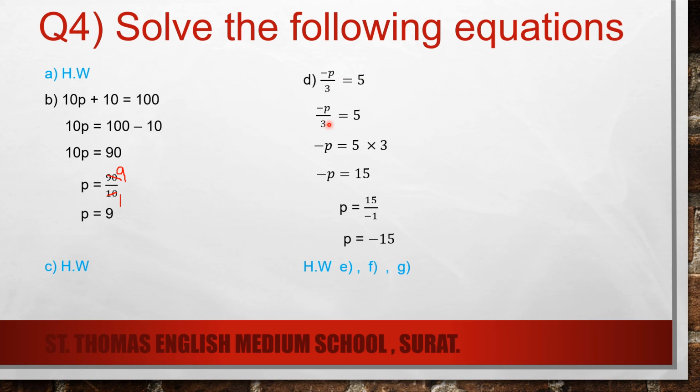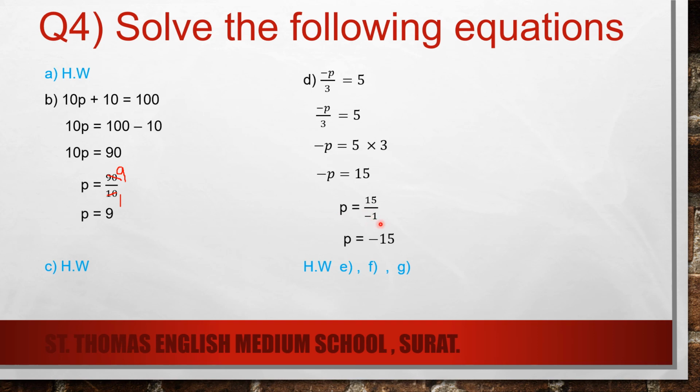Write the question once again. Now, this is division. If it goes here, it becomes multiplication. Minus p is equal to 5 multiplied by 3. So, minus p is equal to 5 threes are 15. See children, we have to find the value of p, not minus p. So, what is p? Actually, minus p means, what is the coefficient here? 1. I told you, if we simply write x, meaning is 1x. Minus 1p meaning is minus 1p. So you have to take this minus 1 here. This is a multiplication. If it goes here, it becomes division. We can write p is equal to 15 divided by minus 1.